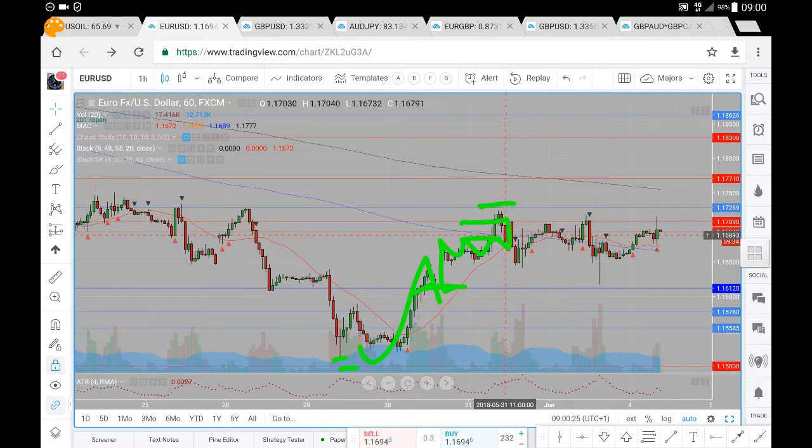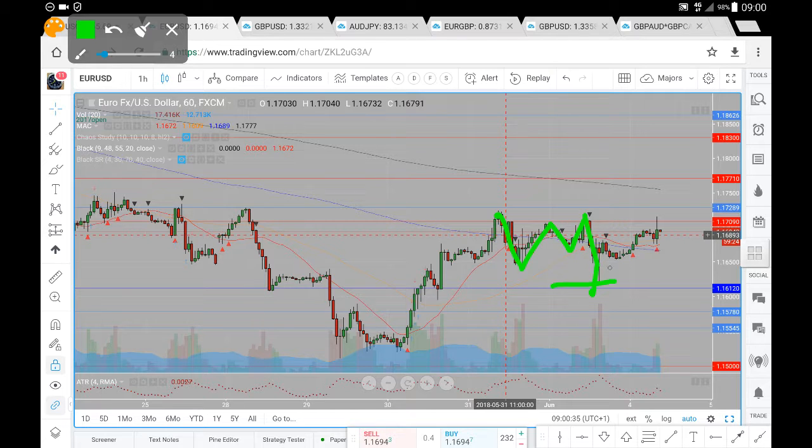1710, didn't get towards the 1728. What we did see, however, was a bit of a pullback, retested 1710, another pullback, retested 1710 again. Had a further pullback, had prices head down towards the 1612. Didn't quite get there before having prices go on to retest this 1710 again, which we have pulled back a